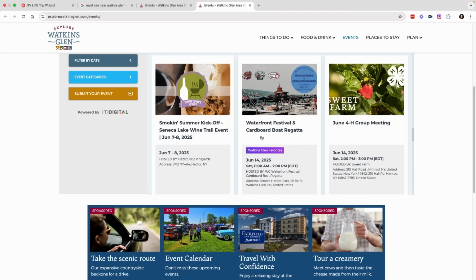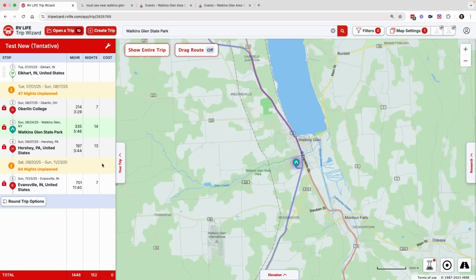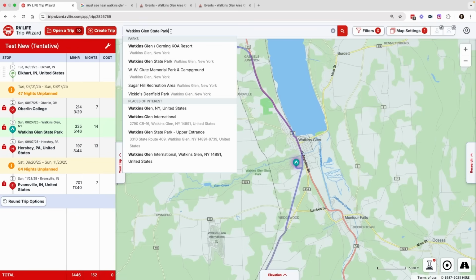Here's a waterfront festival and cardboard boat regatta. I would totally go to that. But you can see, you can find these things, and then you can go back to your Trip Wizard. And I will sometimes use the place that it's at. So let's just put in Atwater